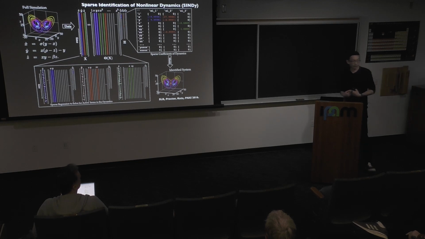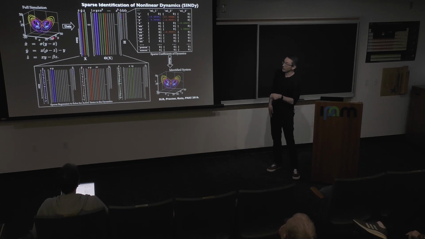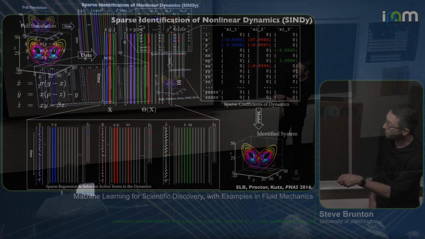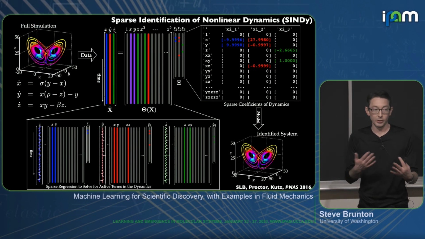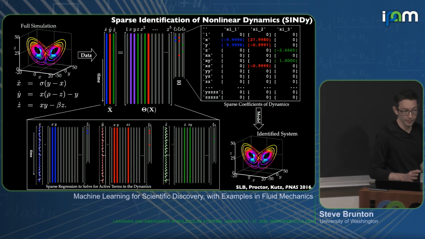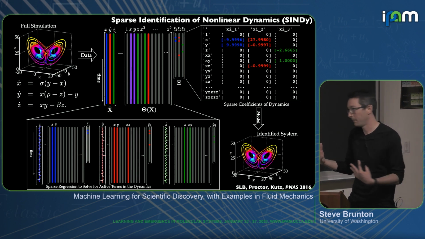So we are fortunate in fluid dynamics and in continuum mechanics in general that usually we have our high dimensional data, and if we just collect snapshots of that in time and compute the singular value decomposition, that gives us a pretty good basis in which to represent. So X, Y, and Z here could be the amplitudes of the first three singular vectors. That's always a good place to start. You could use an autoencoder to find these coordinates if you have high dimensional data.